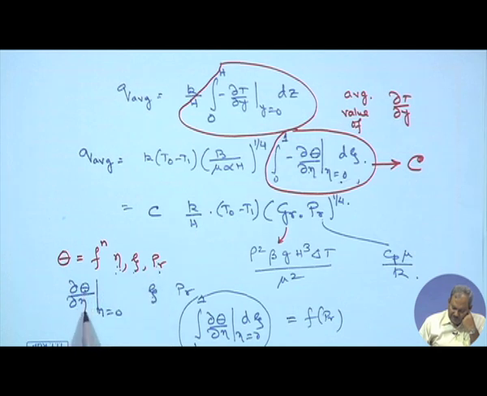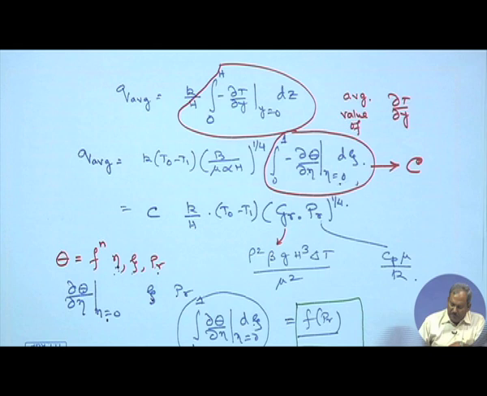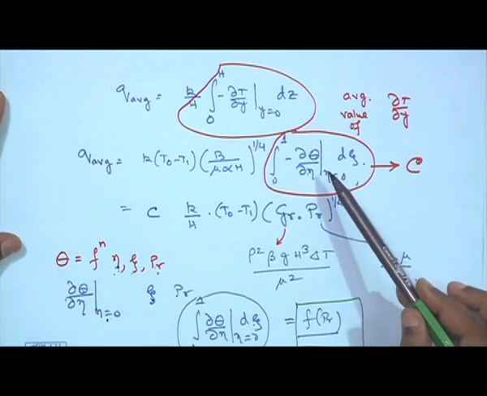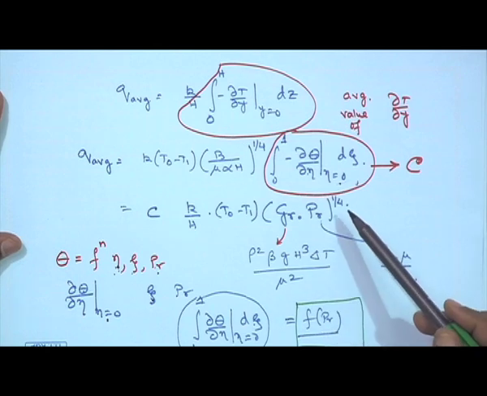Since I am taking the derivative of that at a specific value of eta, it does not remain a function of eta, it is a function of zeta and Prandtl number. Since I am taking a definite integral over zeta, it no longer remains a function of zeta, it is only a function of Prandtl number. So, the entire problem boils down to finding out this as a function of Prandtl number,